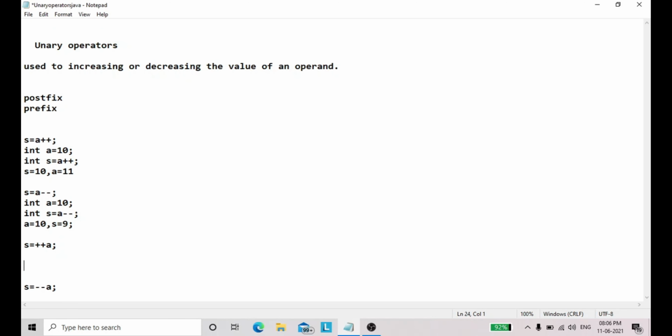Next one, s = ++a. This will increment, then store the new value of a in s. Let's see how it will be. Again I am declaring int a = 10, int s = ++a.